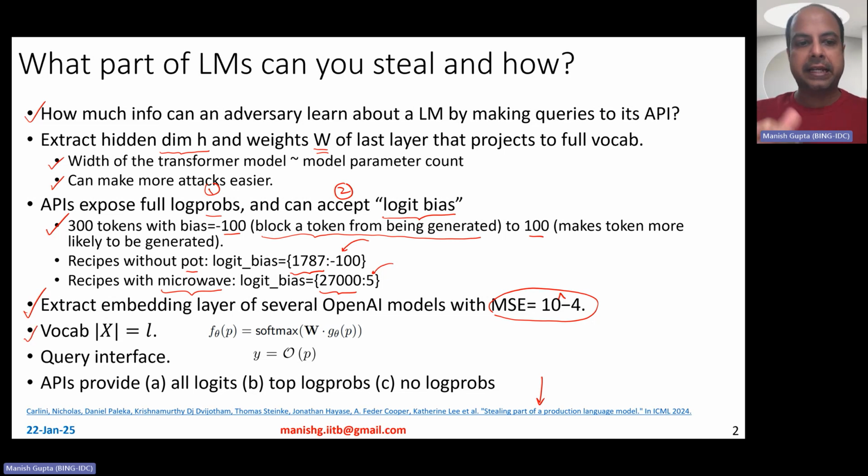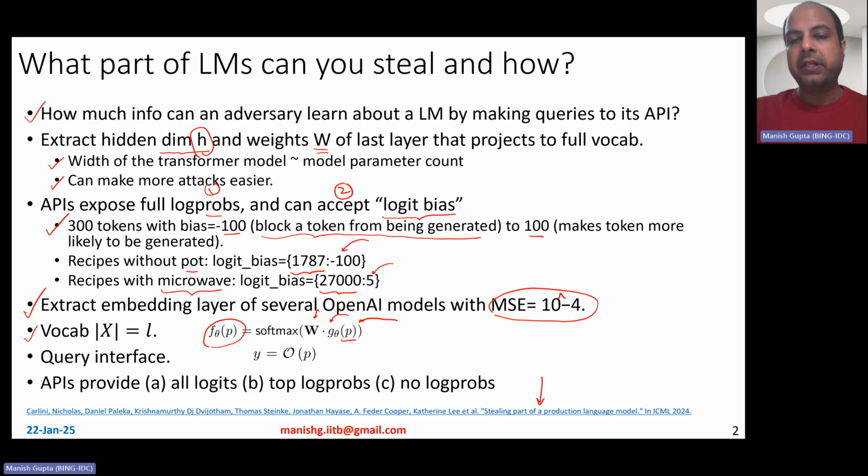and expressed as a set X, right? X is the vocabulary and it has a size L. And this is how basically the last layer is functioning. So essentially, you have the input prompt P, which is being encoded by G theta encoder, with the parameters theta, such that G theta of P is of size H, this dimension H. And then the matrix W projects it into the vocabulary space, on which you can apply softmax and essentially get the